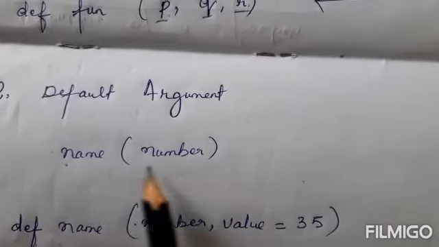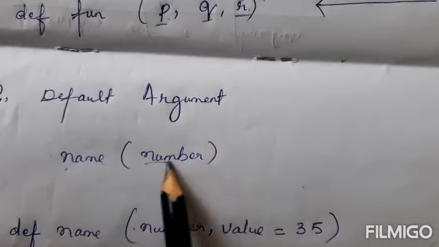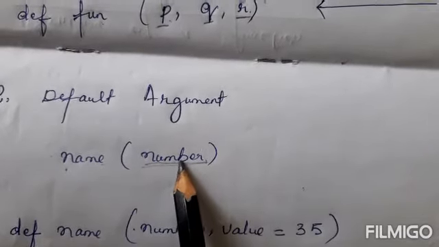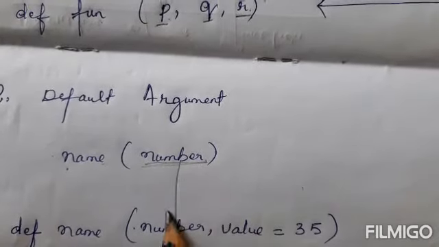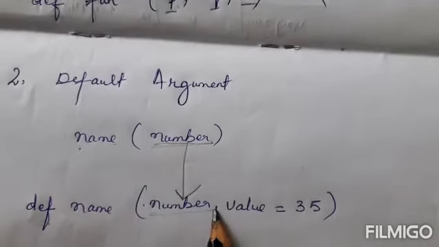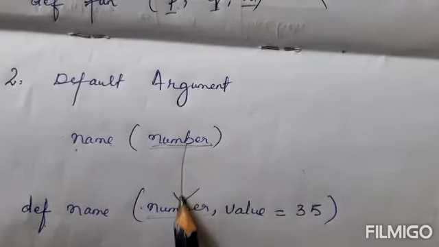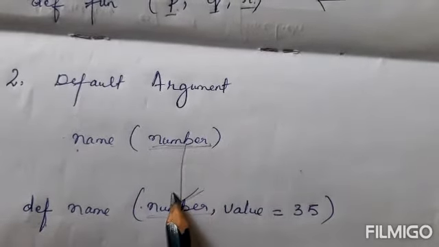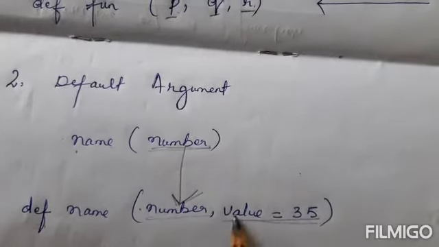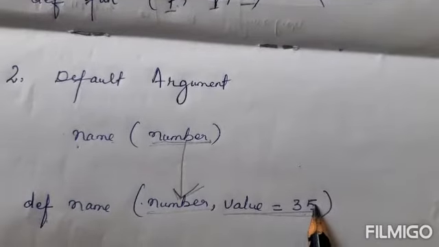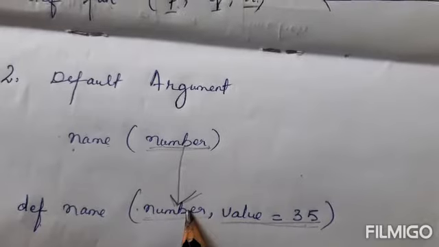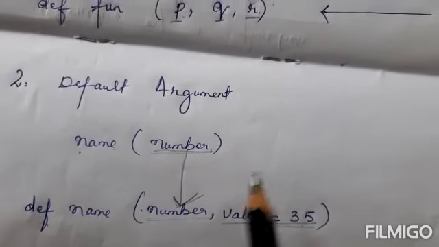What happened is, in my function call I have passed only one value, numbr. So this number will be assigned to numbr in the function definition. I am passing only one argument, but I want to use another value here, which I have named value itself, in my function definition. This possibility is accepted in Python.